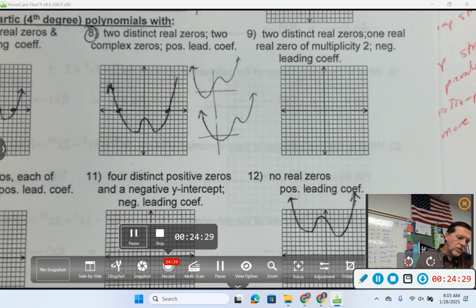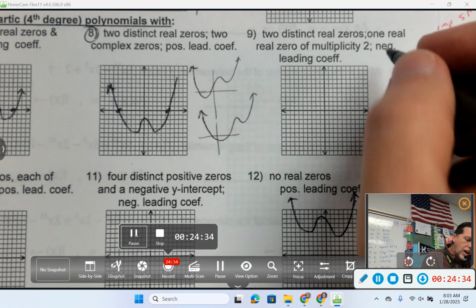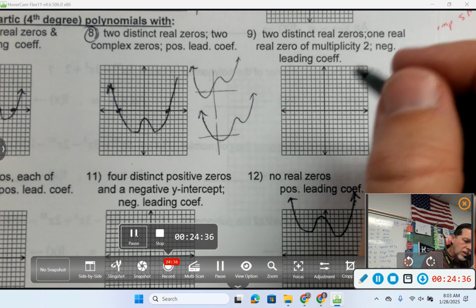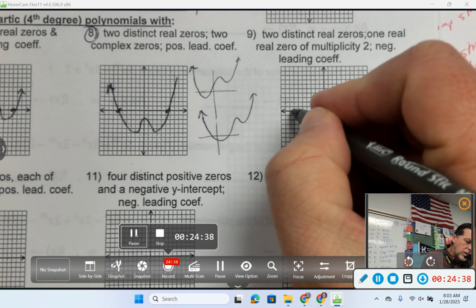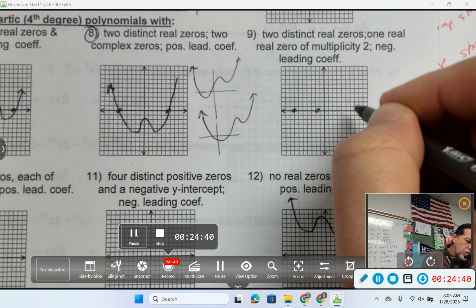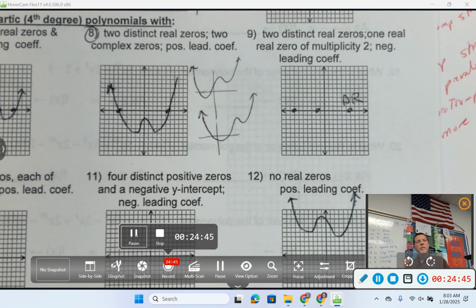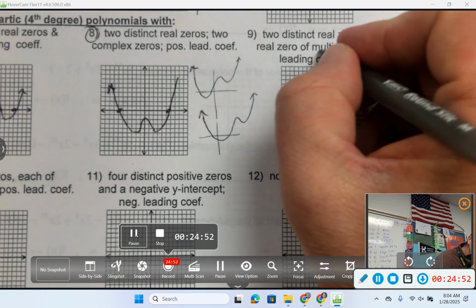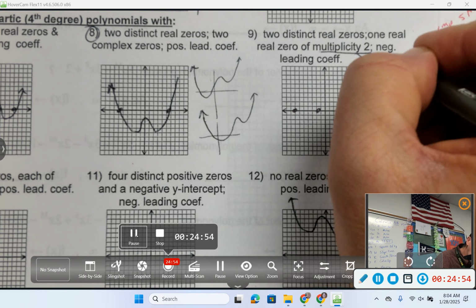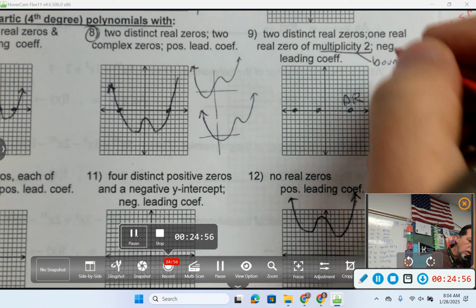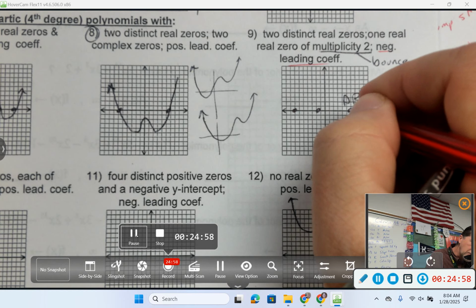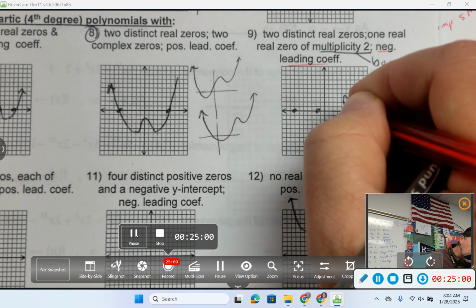Number 9, 2 distinct real zeros, 1 zero with multiplicity of 2, and a negative lead coefficient. Okay, so 2 zeros and 1 zero that's a double root. You don't have to label it on there, but I think it's helpful. That way when you go back to draw it, you know you need to bounce there. Multiplicity of 2 means a bounce. Negative lead coefficient, so I've got to be going down at the end, but that's also a bounce, so